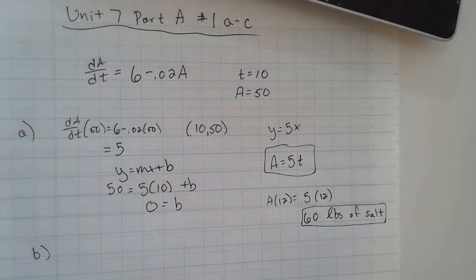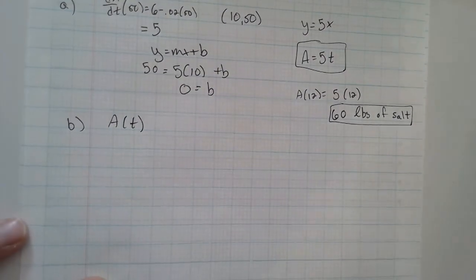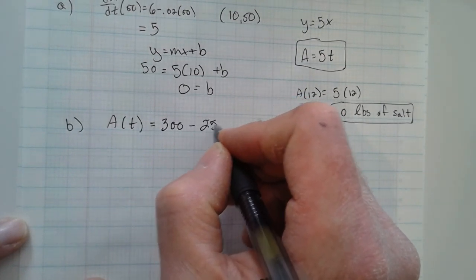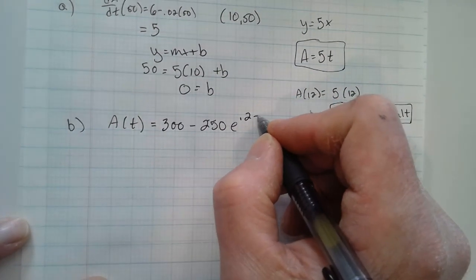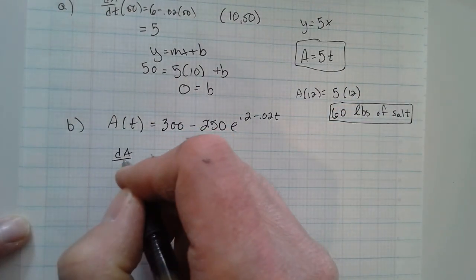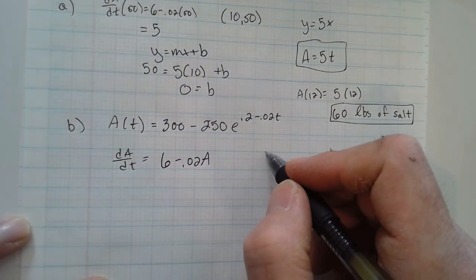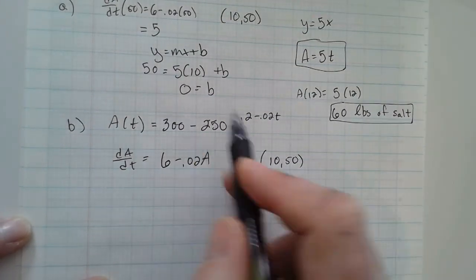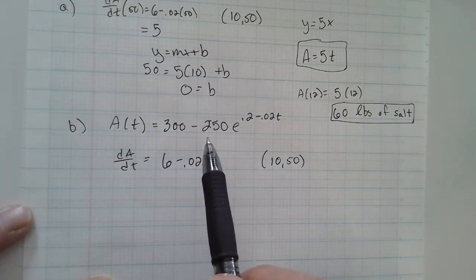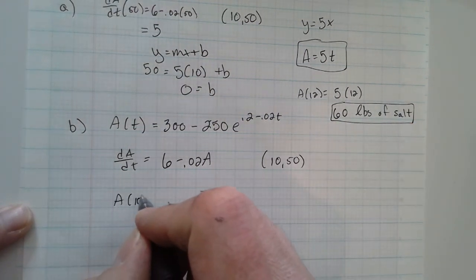Okay, so part B says show that A of t satisfies the differential equation dA dt, the one we used up above, with the initial condition still 10 comma 50. All right, so does it satisfy it? So let's first check to see if it goes through the point 10 comma 50. So if we plug in 10 for t,